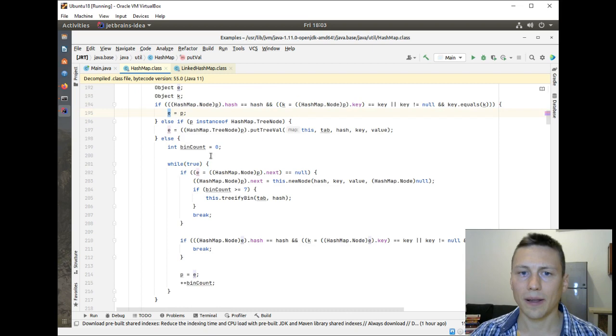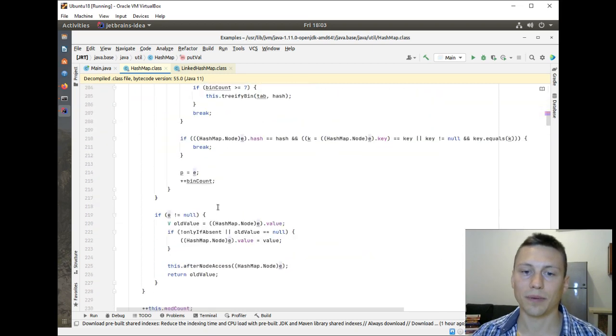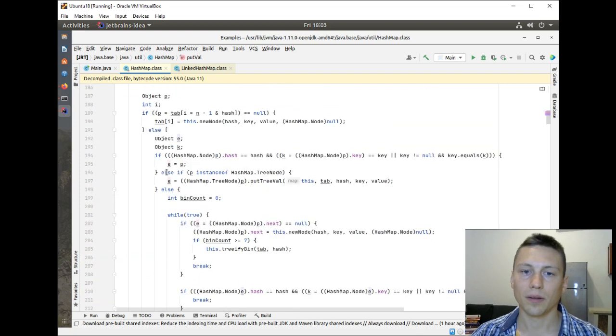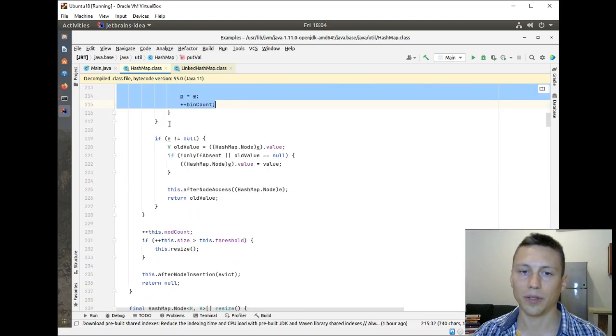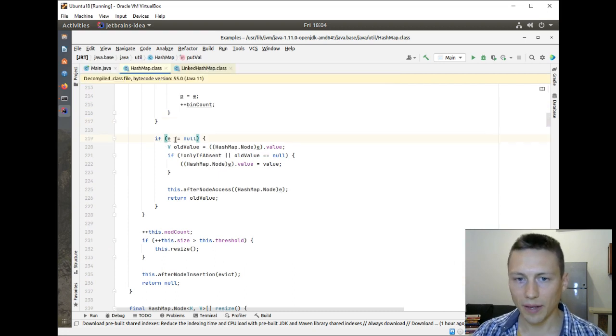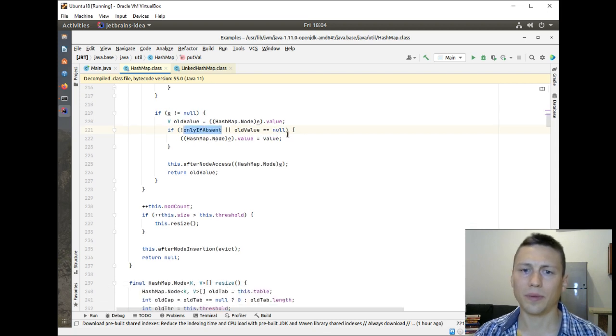Okay, for example, let's just jump to the bottom. For example, if we got this node, then we will return later to this part. Okay, jump here, and if this node is not equal to null, if we found it, we get the old value. If we need to edit, if only if absent and so on, we don't care for now. And we assign this, and we return the old value, and we again